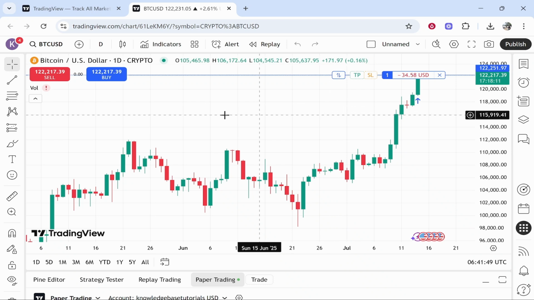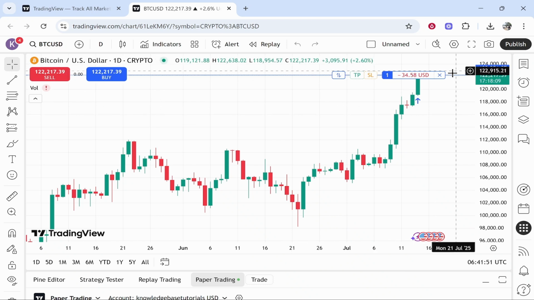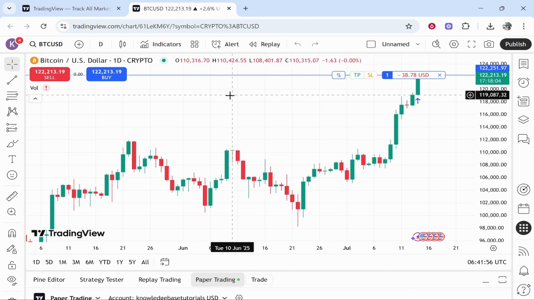So right here I'm in TradingView, I'm looking at Bitcoin to US dollar. Bitcoin is flying right now, it's at $122,000, and if you do want to buy any Bitcoin, look in the